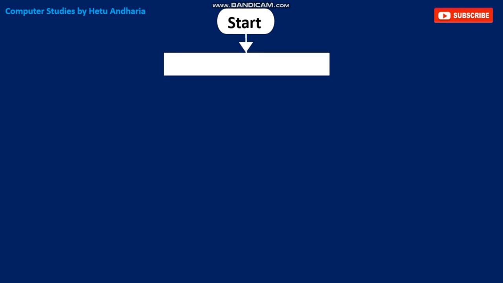So let's try to understand this with a flow chart. So terminal symbol, start, down arrow key. Now here, do we have to take any input from the user? No, absolutely no. We don't have to take any input. We straight away have to assign the values to the variables. So here we assign 1 to the number variable, that is the box in your left hand, and we assign 0 to the box which is in your right hand. What is the name of that variable? Sum. Fine, this much is done.